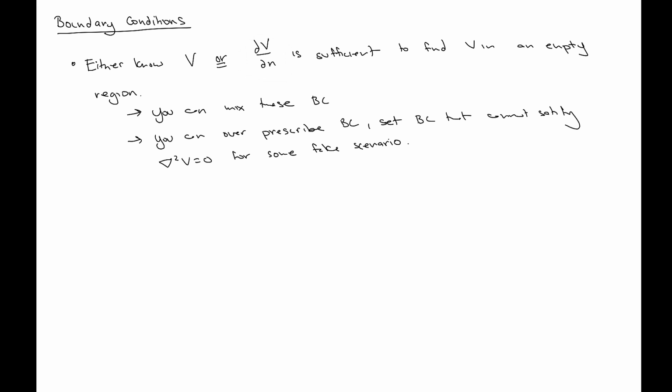Okay, so let's think a little bit more about these boundary conditions and how they relate to some things that we've already talked about in this class. Okay, we know that very close to a conductor, so close that even if it's a round conductor we can assume that the surface is flat,